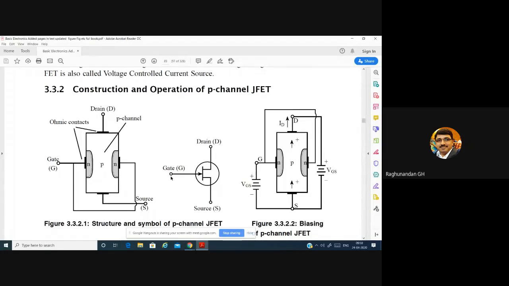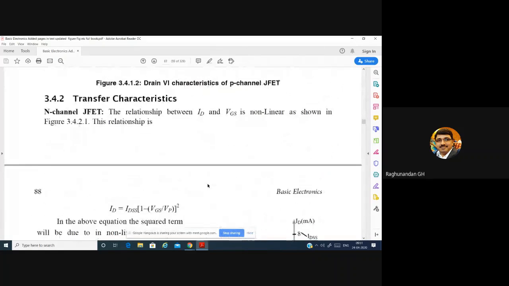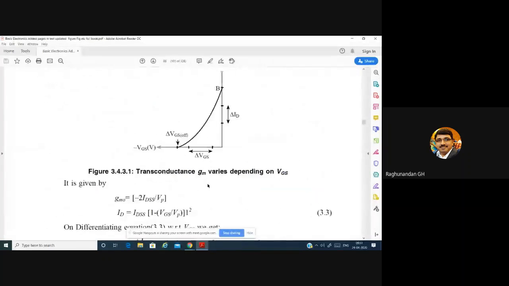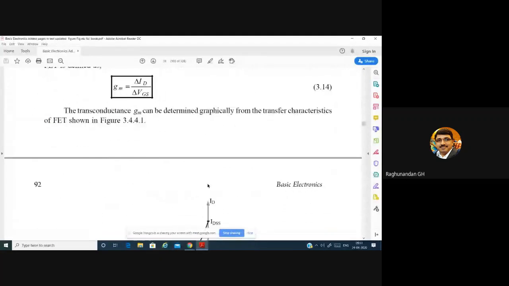That means the gate is having a direct connection between the drain and the source. See, this is the channel which is connected between the source and the drain, so obviously the gate is also having a connection. So this indicates there is direct involvement of the gate with the channel. But in our MOSFET, the gate is not having any involvement with the channel. So that's why we are having that gap. That gap indicates it is the insulating layer or oxide layer, SiO2.